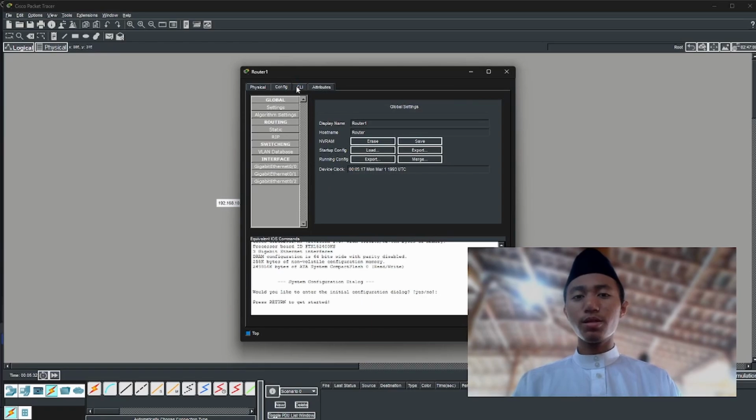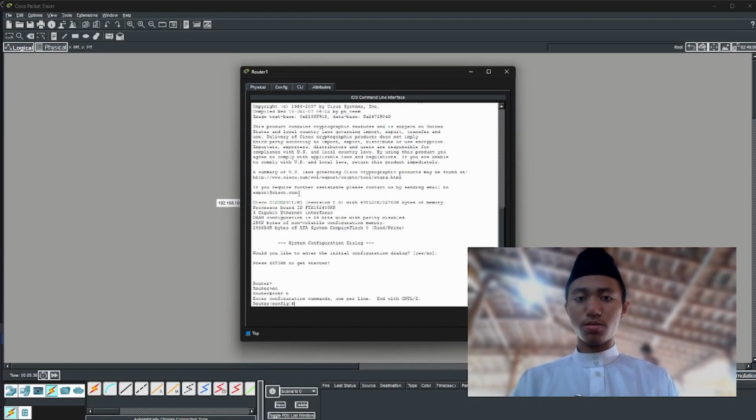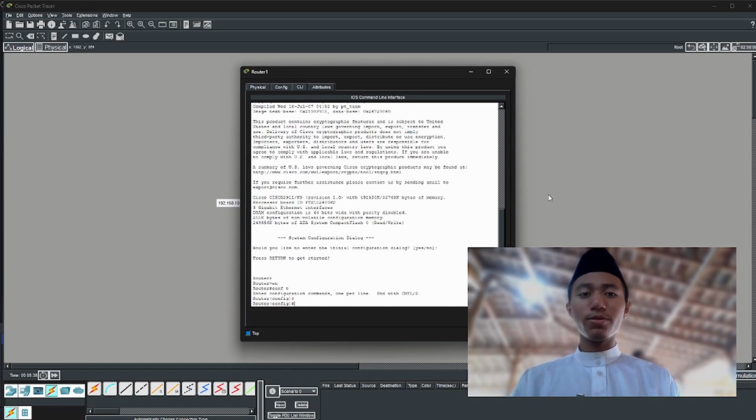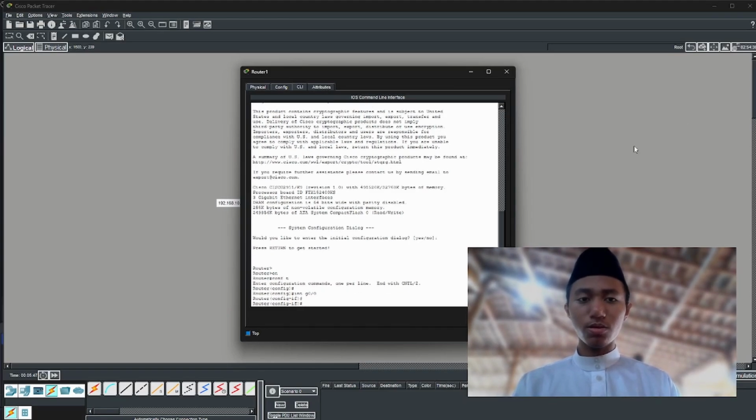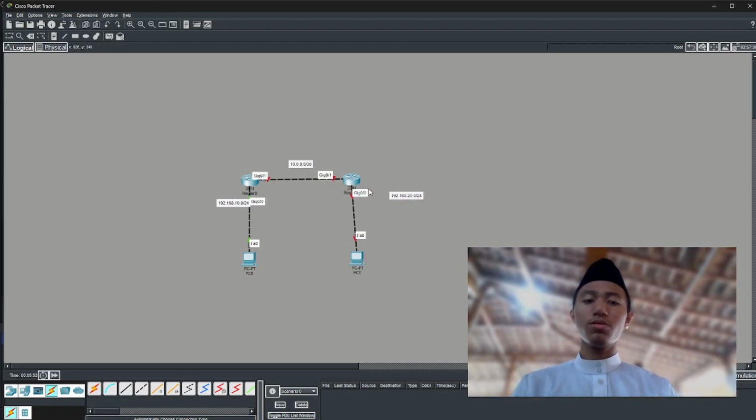Next, we configure the second router. As before, we assign an IP for every interface by using the command interface and then the interface. In this topology, on the right side, gigabit 0/0 will be the LAN and we'll be using this network.